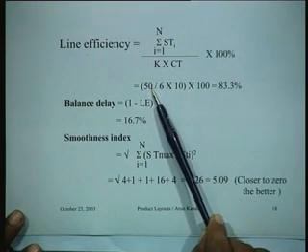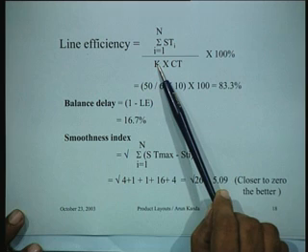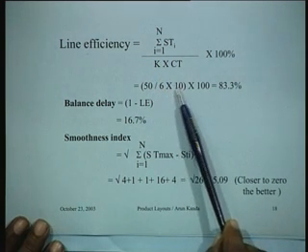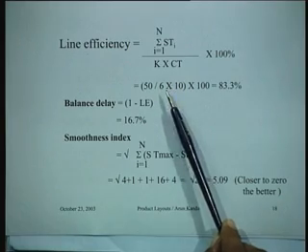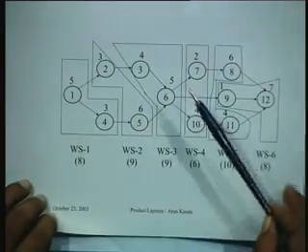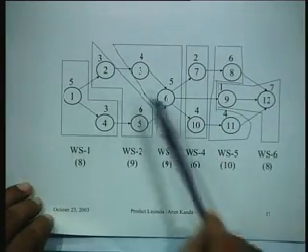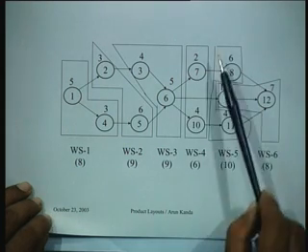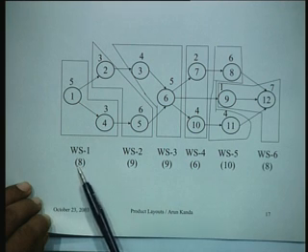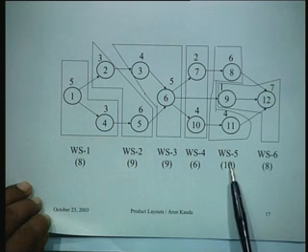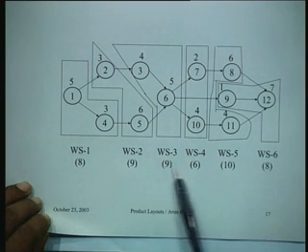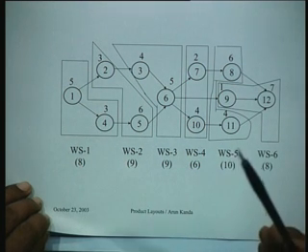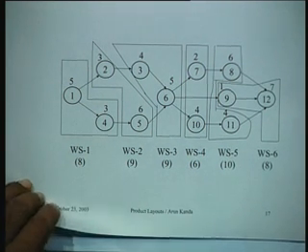So you have 50 divided by k. K is the number of workstations. The number of workstations that we have got is 6, into the cycle time of the line, which is 10. Notice that the cycle time need not always be 10, because when you are doing this grouping, you are constrained by saying that this should be less than 10. So just as we had got lesser values here, suppose this value had been only 8, then our cycle time would have been 9, although we started to design a line for a cycle time of 10. Okay,